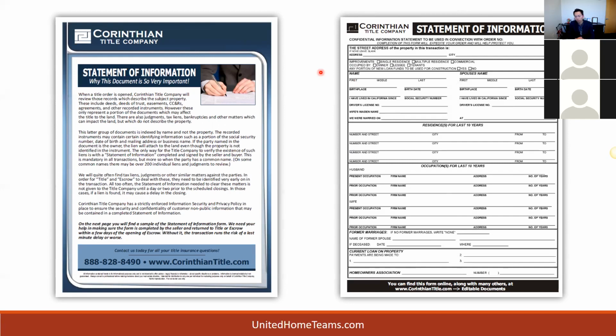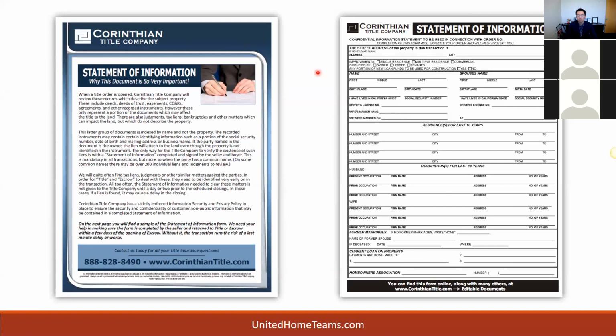But in the 11th hour, we don't know that the guy or the gal had child support from Arkansas, and all of a sudden here it comes up, and now we've got to get a demand. And the problem is that everyone wants to close the next day. So this Statement of Information page can be probably the most important document that your client can fill out up front. And we just want you to be able to say to your client, get ready for the Statement of